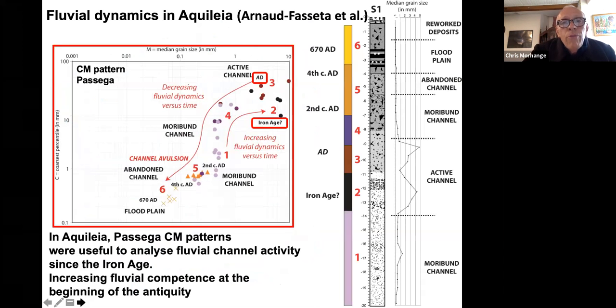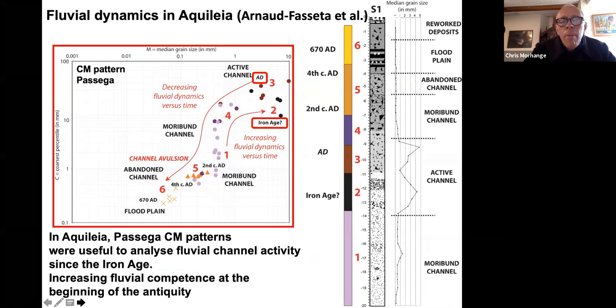What was done with my colleague Arnaud Fossetta and a PhD student was, I think, absolutely fundamental: to use this very easy tool called the CM pattern, coarse percentile medium grain size pattern. It's a very bivariable grain size analysis, which can be interpreted in terms of sedimentary sources, but mainly of paleo-hydrological dynamics. For example, on this core taken from Aquileia, core S1, 20-meter depth, it's very clear that since